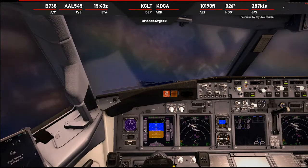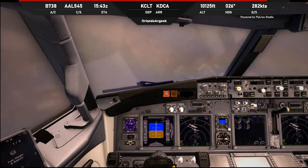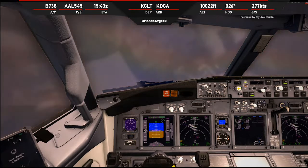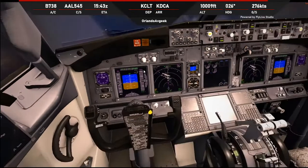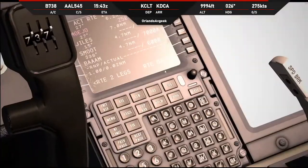Alright, here we are going through the clouds now. Hopefully we will break out soon. Or we might just keep flying through them. Because now we're leveling out, so we might be going no visibility here for a couple of minutes. Alright, so after that, Giles is...